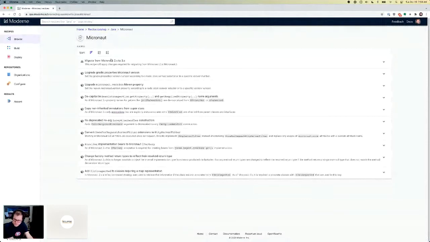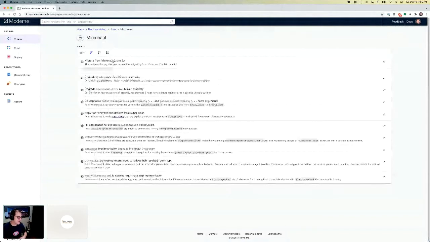The Micronaut team had the presence of mind to work with us to build recipes to help bring their users from Micronaut 2 to 3. Basically, if they made breaking changes, they provided recipes to help their users migrate to 3.0 and ease the burden of moving to the new version. You could imagine this kind of drives support. You're able to deprecate things quicker. Your users aren't as upset because they can safely move to new versions.